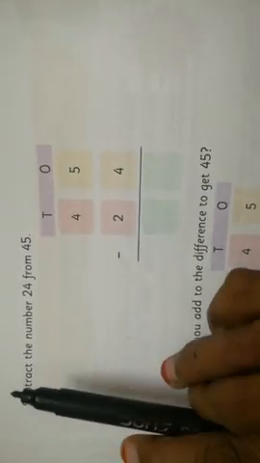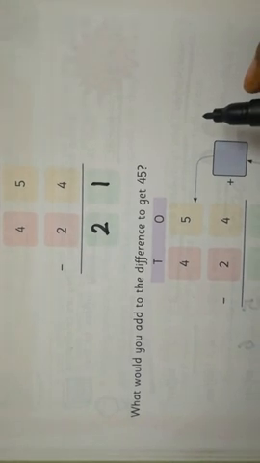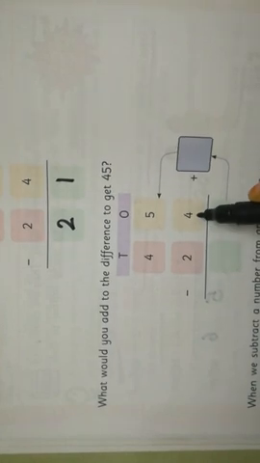I will give another example for you. See, subtract the number 24 from 45. 45 minus 24. 5 minus 4 we are getting 1. 4 minus 2 we are getting 2. What would you add to the difference to get 45? Which number do we have to add? We have to get 45. So we subtract 45 minus 24, and we are getting